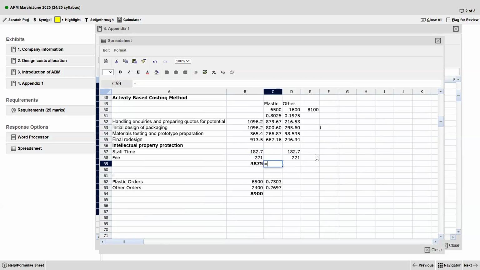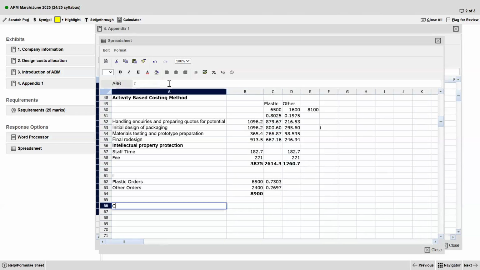So the total cost that is to be allocated here onto the plastic is this and this and this. Okay. Cost per order, cost per 1,000 units